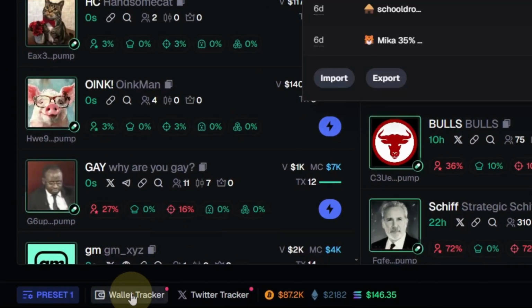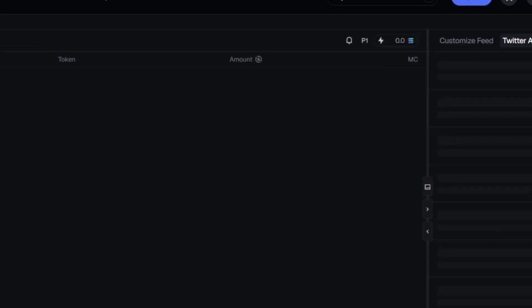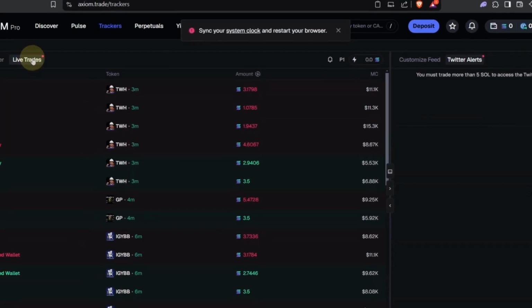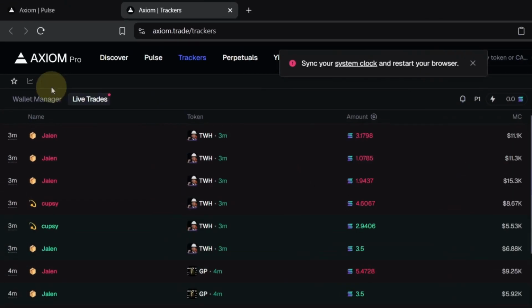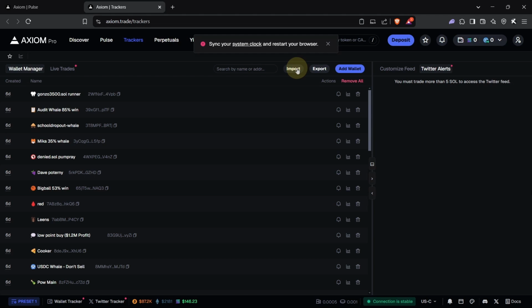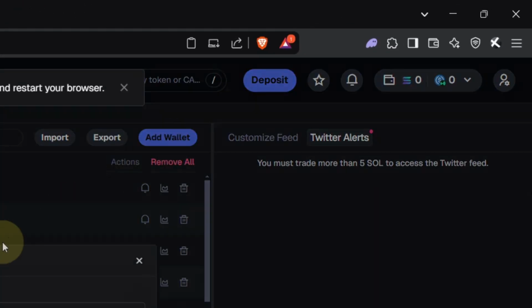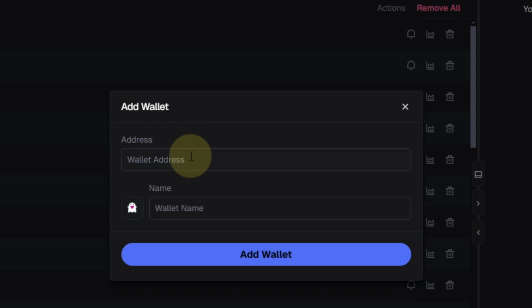Here is my wallet tracker. Let's click into this. Let's maximize this screen. And now here are some live trades of the wallets I'm tracking. Here's my wallet manager. Here I can import the wallets in any form or export them too. Here you can add a wallet, like enter the wallet address and give it any customized name of your choice and